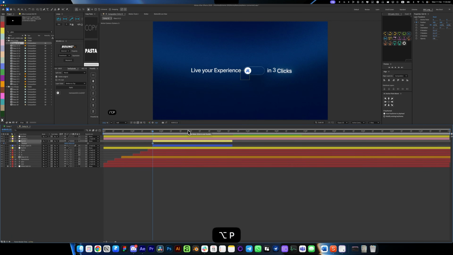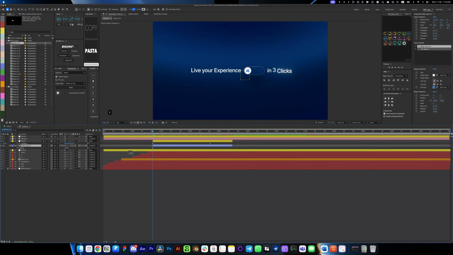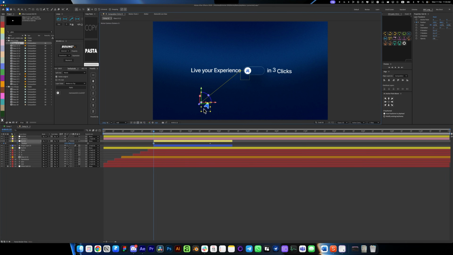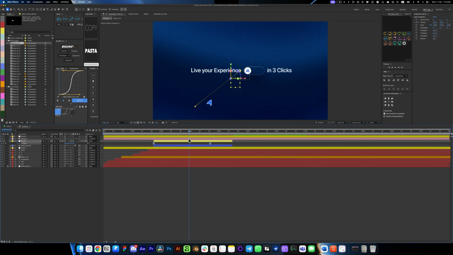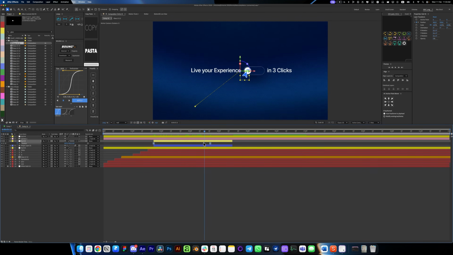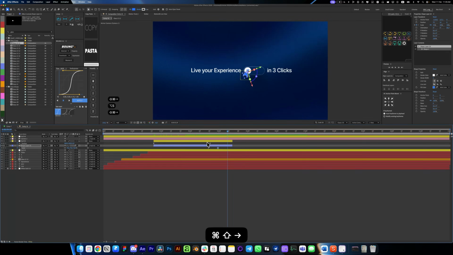Then you're gonna link it with a null object and animate it going from the bottom here. Just gonna hit F9. And you're gonna add a scale keyframe here, duplicate it 2 times, then get the middle keyframe and decrease the scale value. Select all the keyframes and